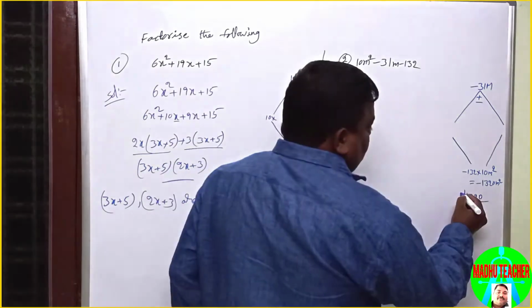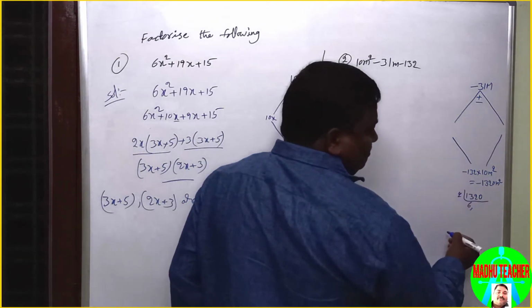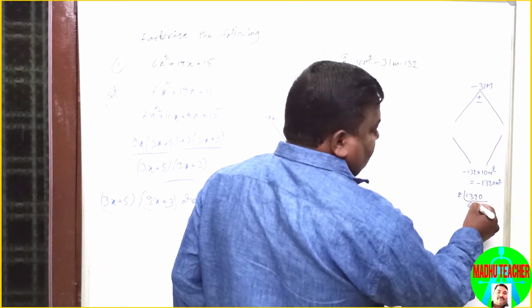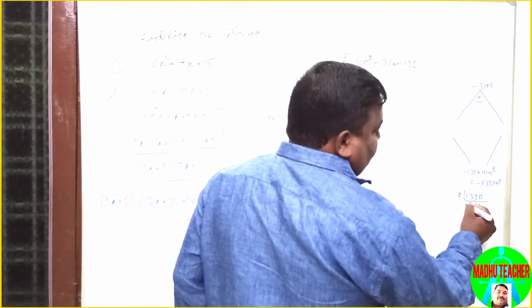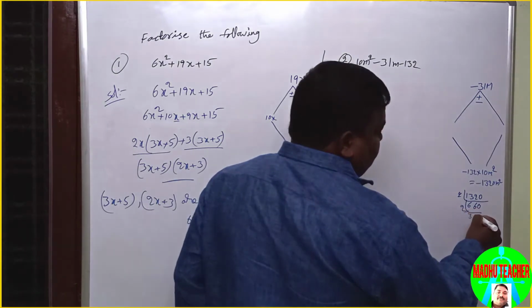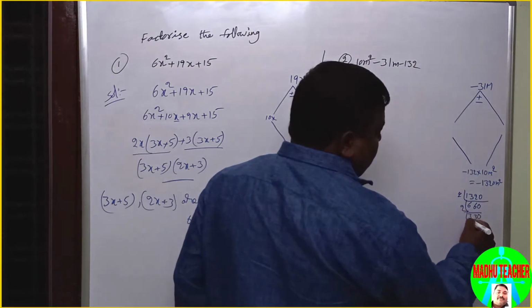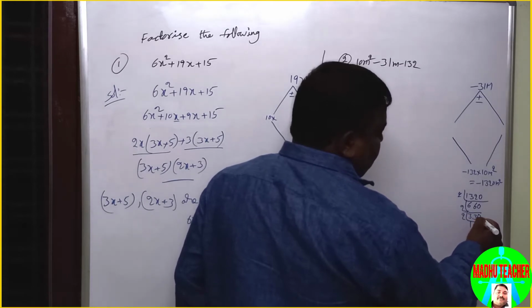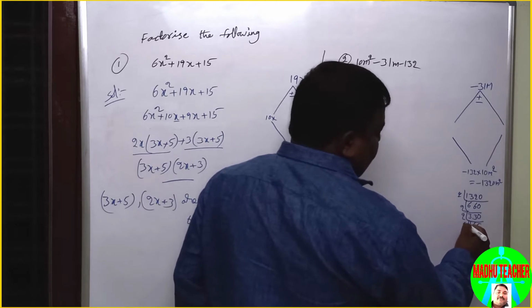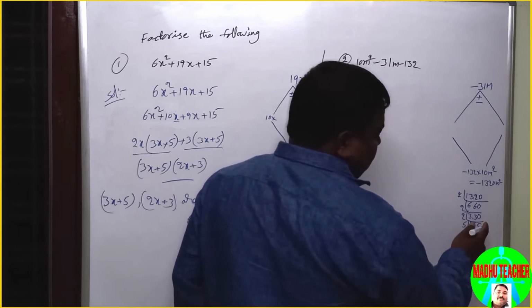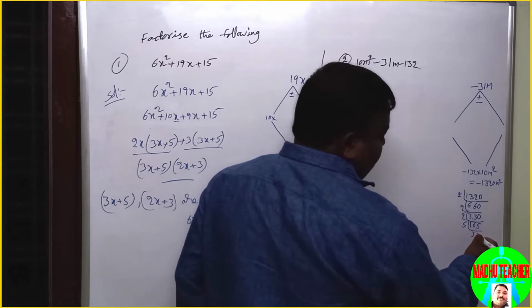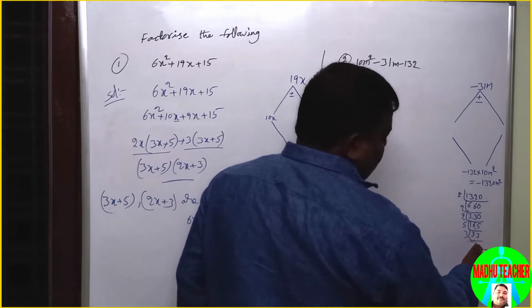So we can do it with 2. 2 6s are 12, 1 remainder, 2 6s are 12, 0, 2 3s are 6, 2 3s are 6 and 0, 2 1s are 2, 1 remainder, 2 6s are 12, 1 remainder, 2 5s are 10. So by 5, 5 3s are 15, 1 remainder, 5 3s are 15, 3 1s are 3. So 11 is a prime number, so no need to divide by 11.